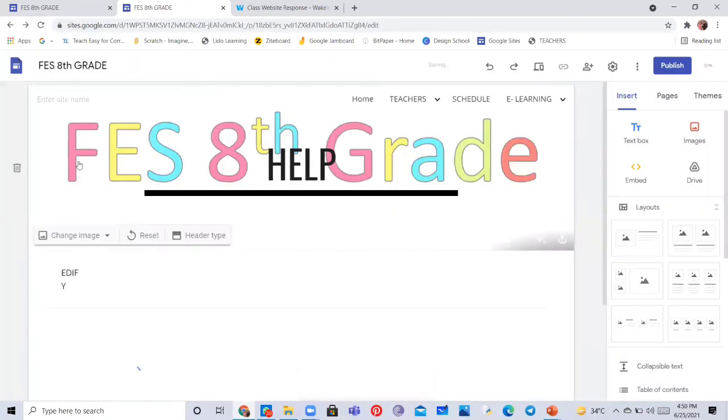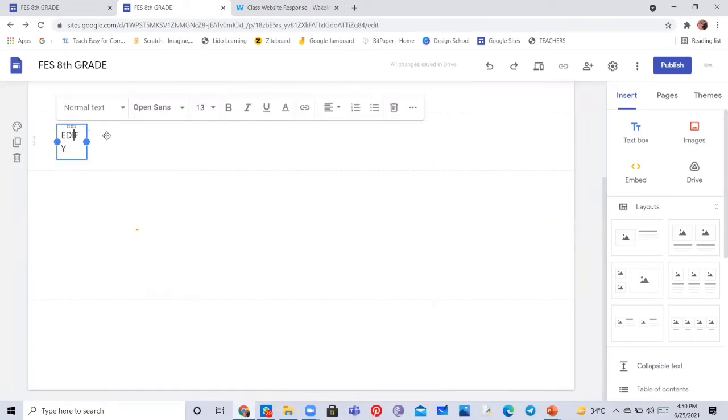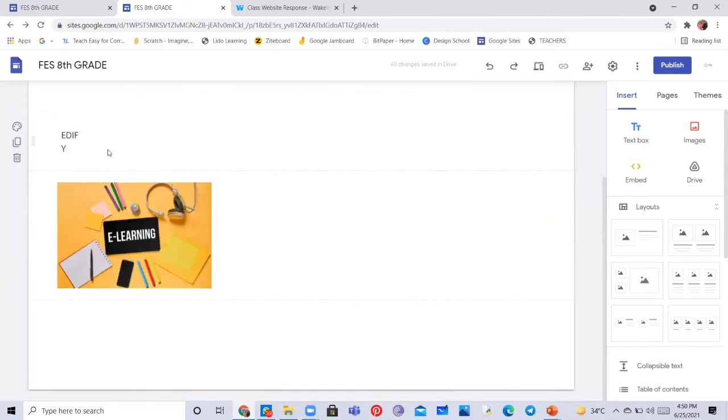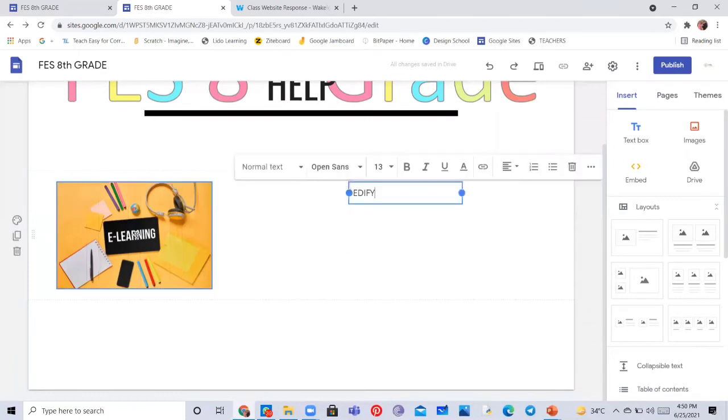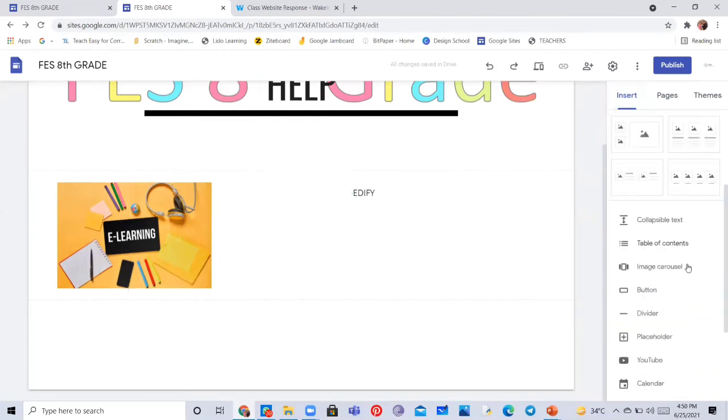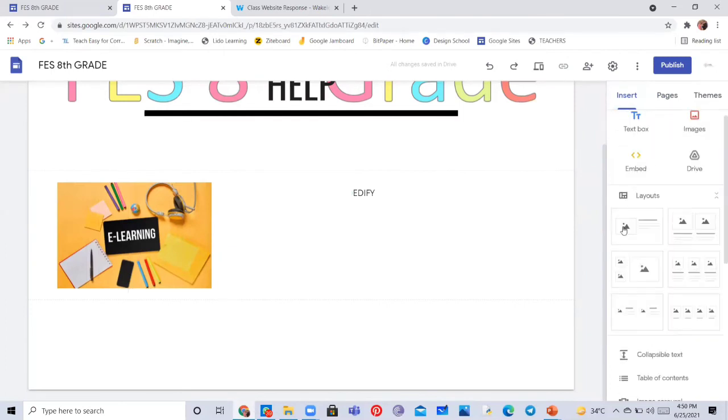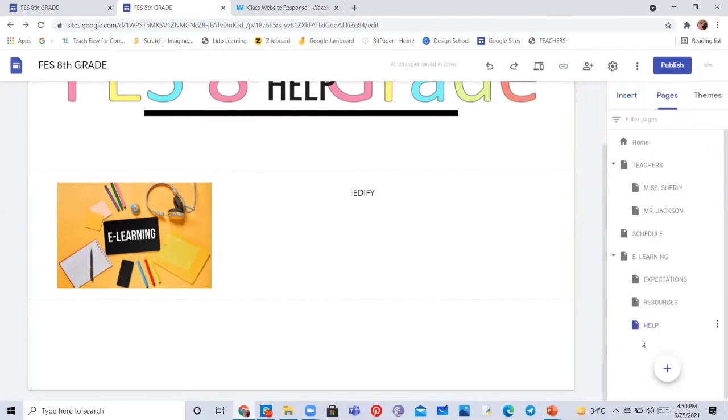So you can even add this text in this image like this. This is how we can customize text with an image or a video or any kind of content you uploaded. So this was about help.